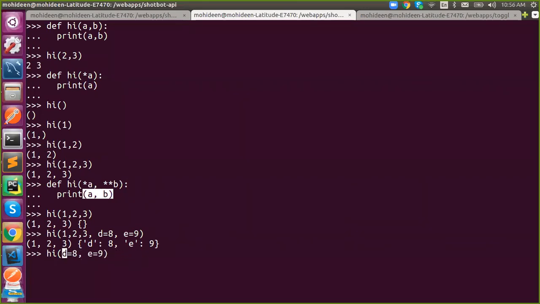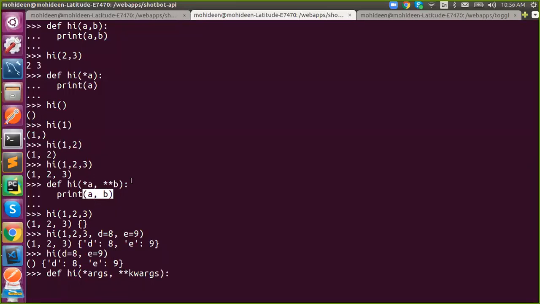Now, an empty tuple and a dictionary with D and E. That's it. Okay. So here you need proper naming. As per documentation, here we will use args and kwargs. This is neither a reserved keyword nor a built-in name. This is a notation. That's it. To define this is an argument and this is a keyword argument, we're using these names.